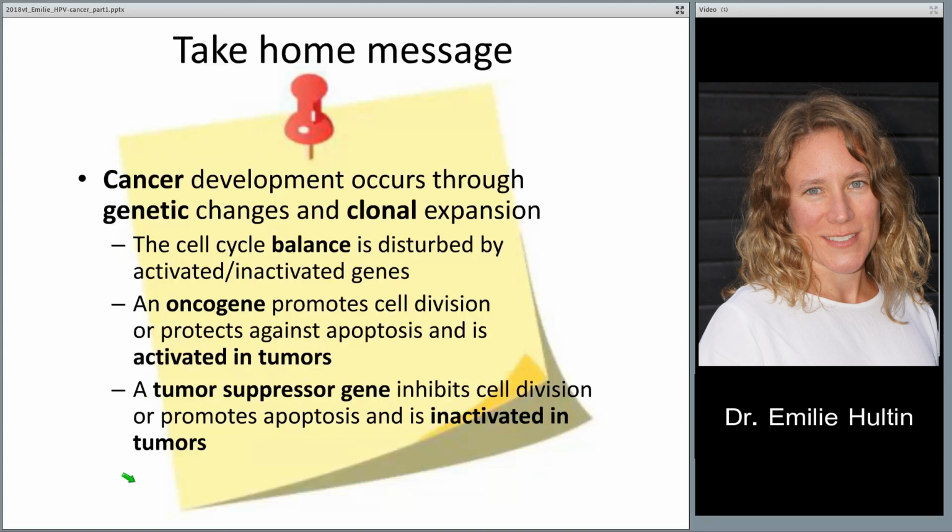changes and clonal expansion of the cells. And the cell cycle balance is disturbed by activated and inactivated genes. And an oncogene is a gene that promotes cell division or protects against apoptosis. And an oncogene is activated in the tumors. On the contrary, a tumor suppressor gene inhibits cell division or promotes apoptosis, and tumor suppressor genes are inactivated,